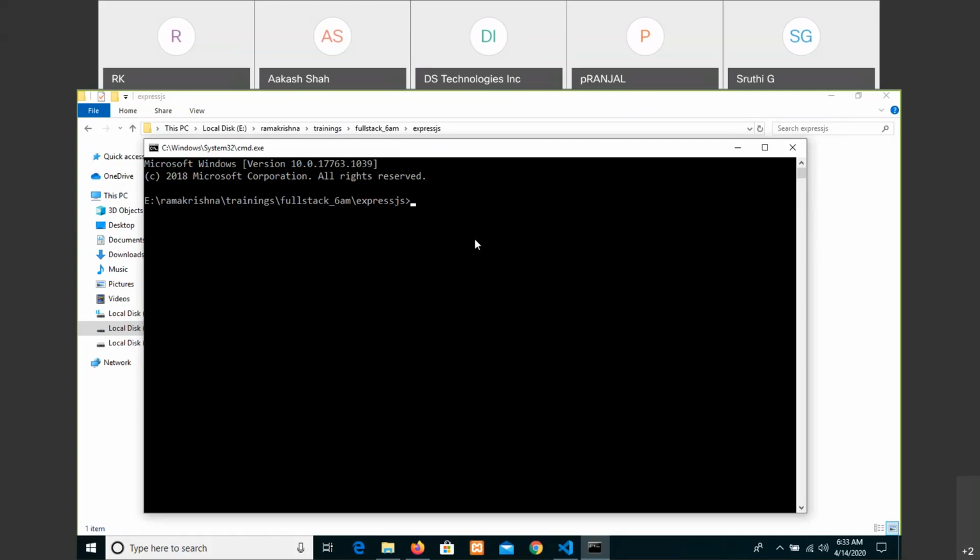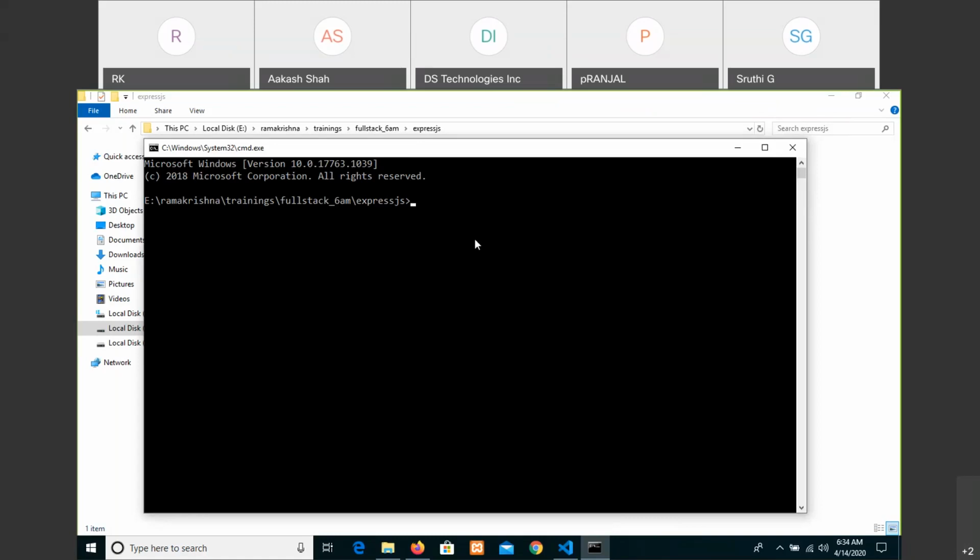There is a file called package.json. The name of this file says that it is going to hold the details of your application: the name, version, author, start command, and the required modules. Everything will be listed out. How will this package.json file be created?